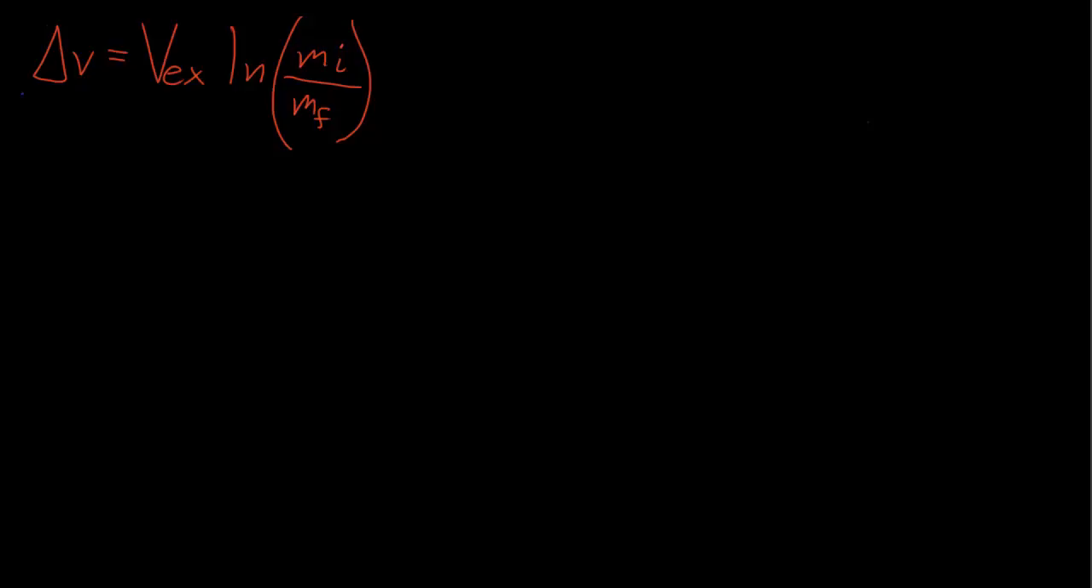Ideally, the change in velocity of our entire rocket needs to be as high as possible. We need to get our change in velocity as high as possible to be able to get out of the atmosphere of Earth. The only way to do that is we have two options. Option number one is to increase our exhaust velocity. We can do that, but it's only an incremental improvement. Or we can do option number two, which is to increase